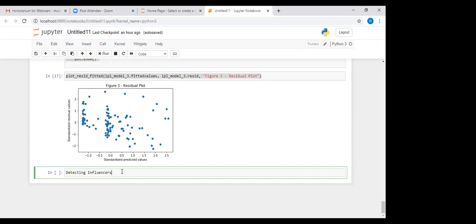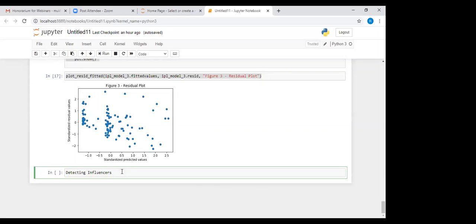My regression coefficients, beta naught, beta 1, beta 2, these are my regression coefficients. So we assume that each record in the data has equal contribution or equal influence on the model parameters. But this assumption might not be true. To identify the highly influential observations, we will find out the leverage.